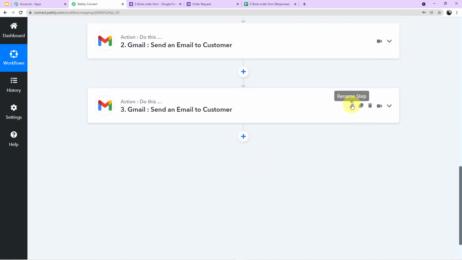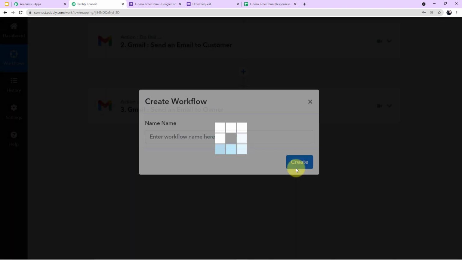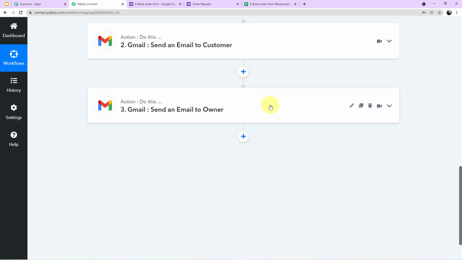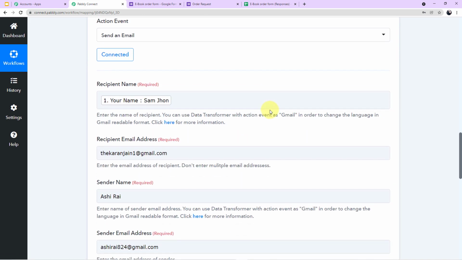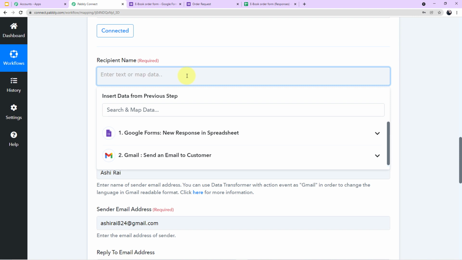Let me rename it: Send an email to owner. Okay, I'll update it. Now click on this and we have to change some fields like the recipient name. So let's say the recipient name is Ashi Rai.